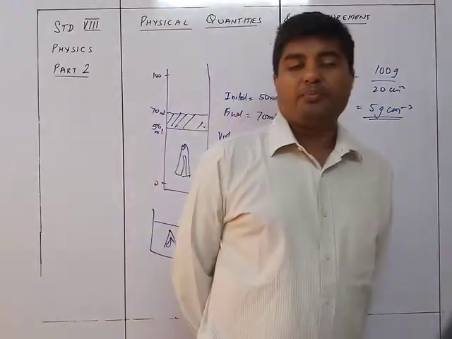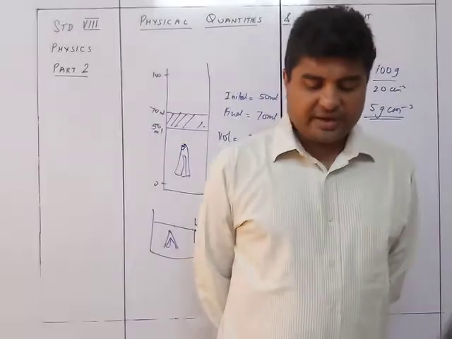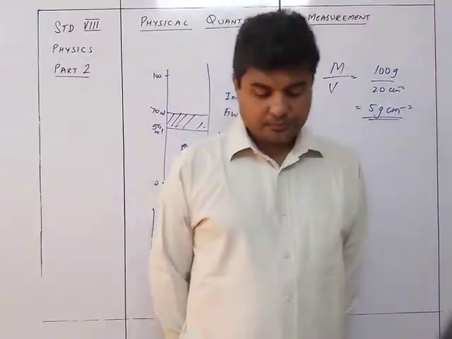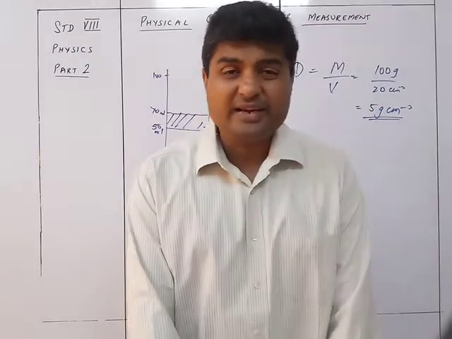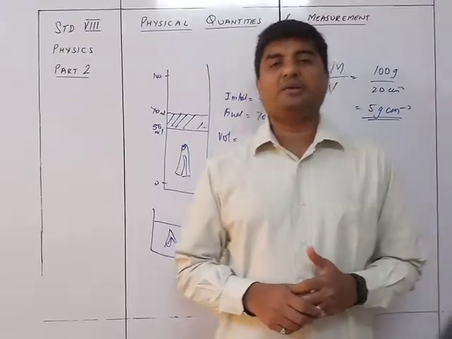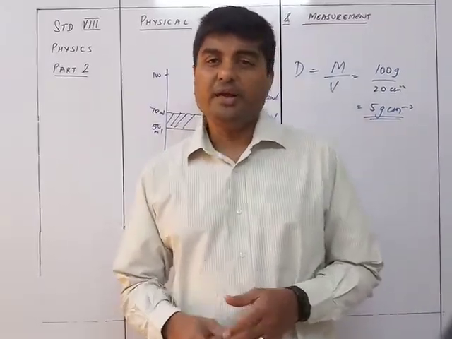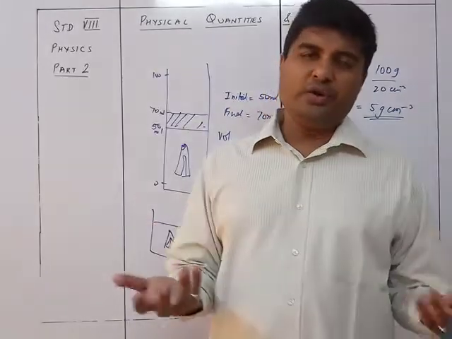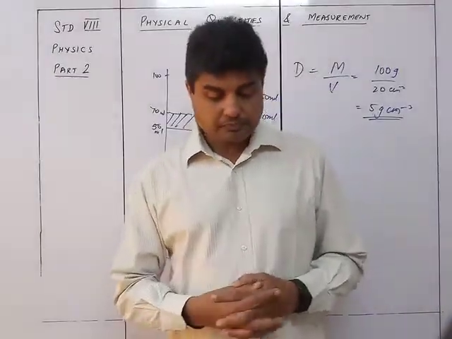Density will be mass upon volume, which is 310 upon 40, that is 7.75 gram per centimeter cube. So that is the density you are finding of an irregular solid. If I want to find out the density of an irregular solid, I use this particular method to find out the volume. Mass I already know by the beam balance.